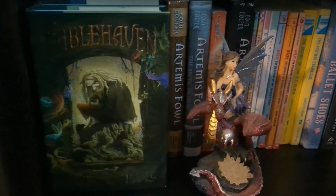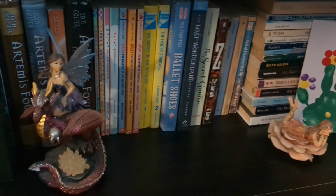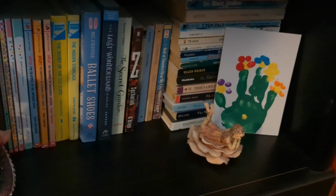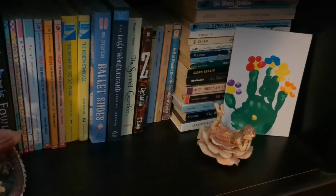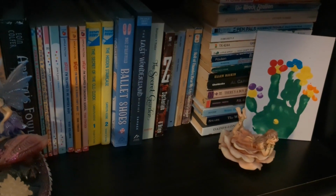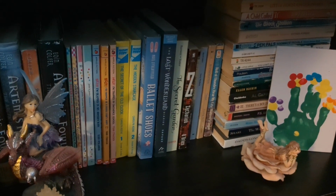I got my Fablehaven and Artemis Fowl, Junie B. Jones, got some Nancy Drews. So this is Ballet Shoes. If you've ever seen You've Got Mail, which is one of my absolute favorite rom-coms, I bought that book specifically because of that movie. Because if you remember, Meg Ryan talks about that book and I'd never heard of it. And then I just saw it out in the wild one day and I just had to have it because I love that movie. Which I know is probably weird, but